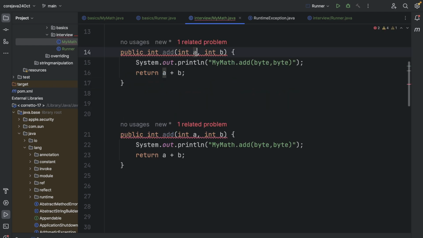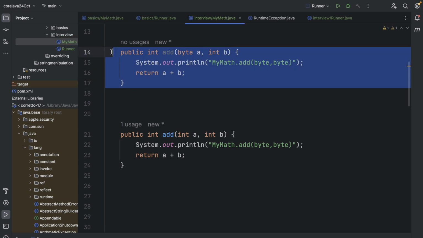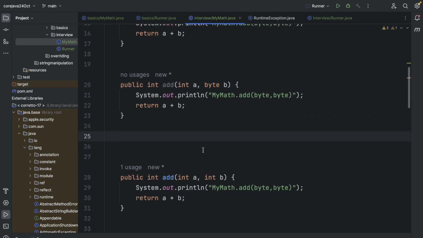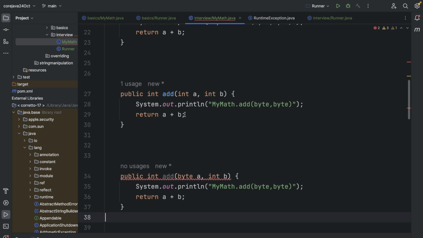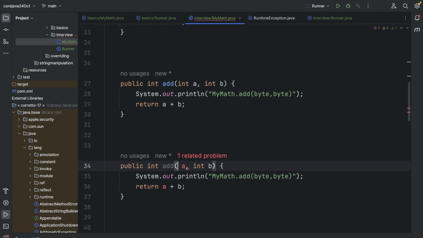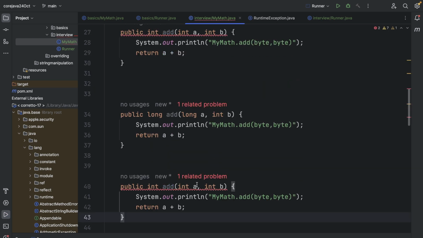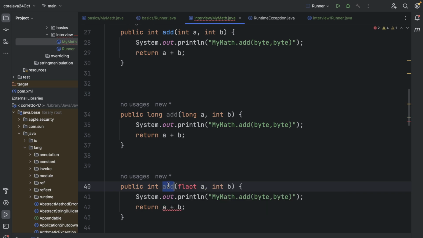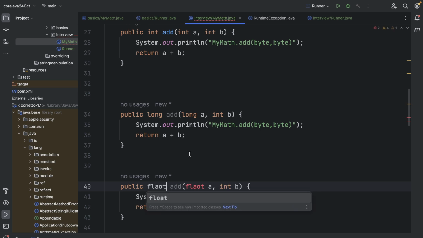Now another thing that I have is byte a, right, and int b. Cool. Next thing that I have is int a and byte b. Cool. And then the next thing I have is, okay, let's remove this and just copy and paste, and then long a int b, then the output needs to be long, and the next will be the float a, and okay,